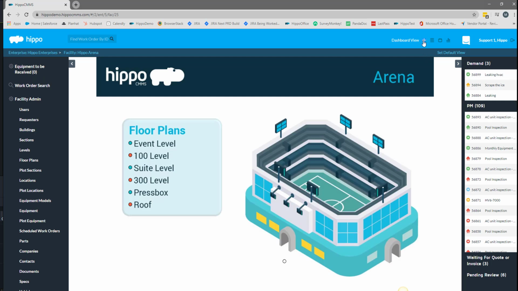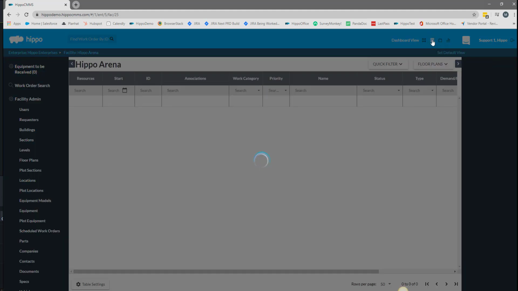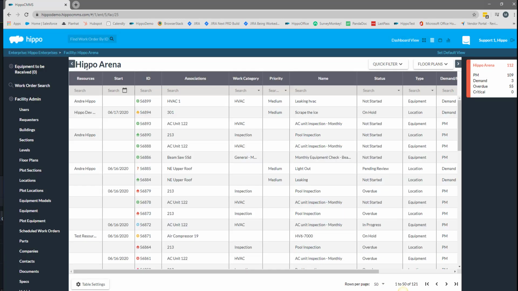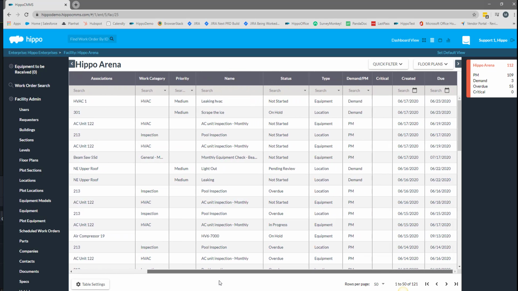Now, not only do you have the option of the advanced dashboard, but anything that's listed here, perhaps you'd rather view this information in another way. Click on the standard icon, and it will display the same open work orders. But notice that this contains a lot of additional information about each ticket. I can drag this to the right,